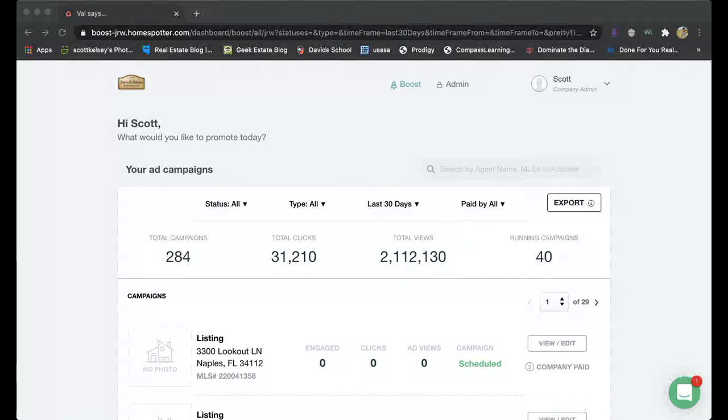Homespotter, on the flip side, you can pick one location, meaning you could say Florida, you could say Naples, you could say the airport. You can pick specific places. You can put in the home address, but it has to be a 15-mile radius. That's with Facebook and with Homespotter. Everything's a 15-mile radius. Last year, we could have done a 1-mile radius, but all these rules came into effect with Facebook.